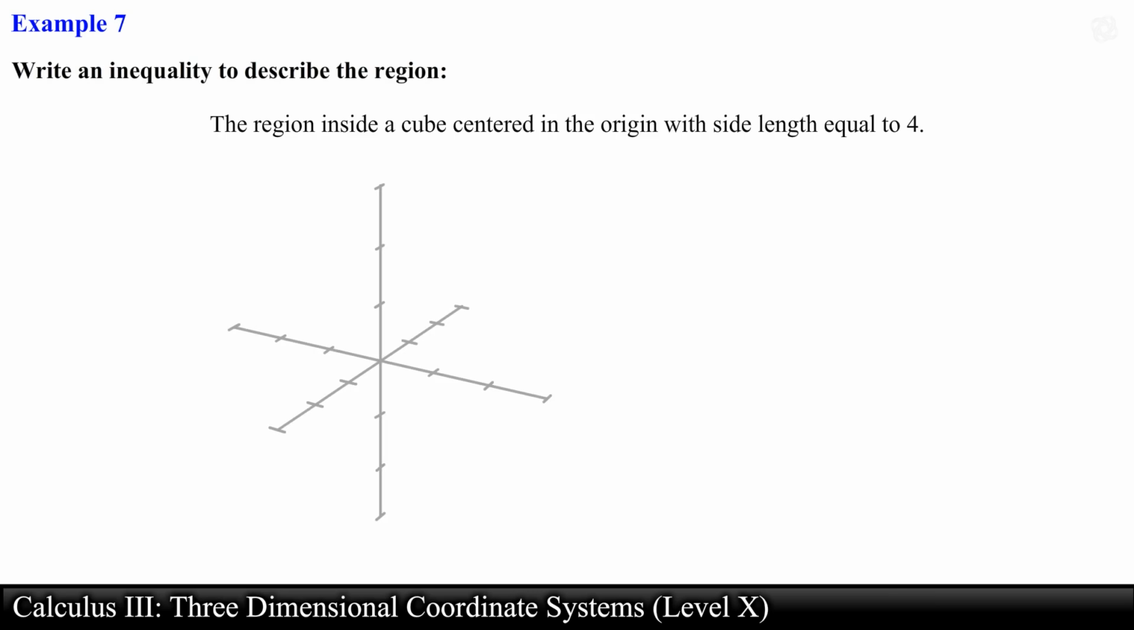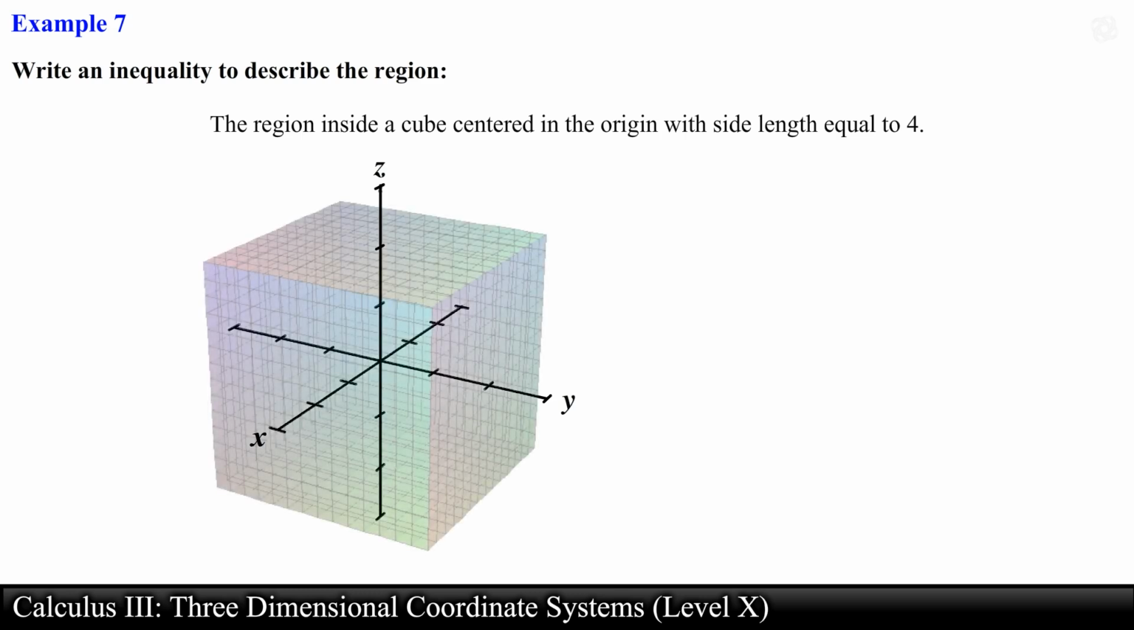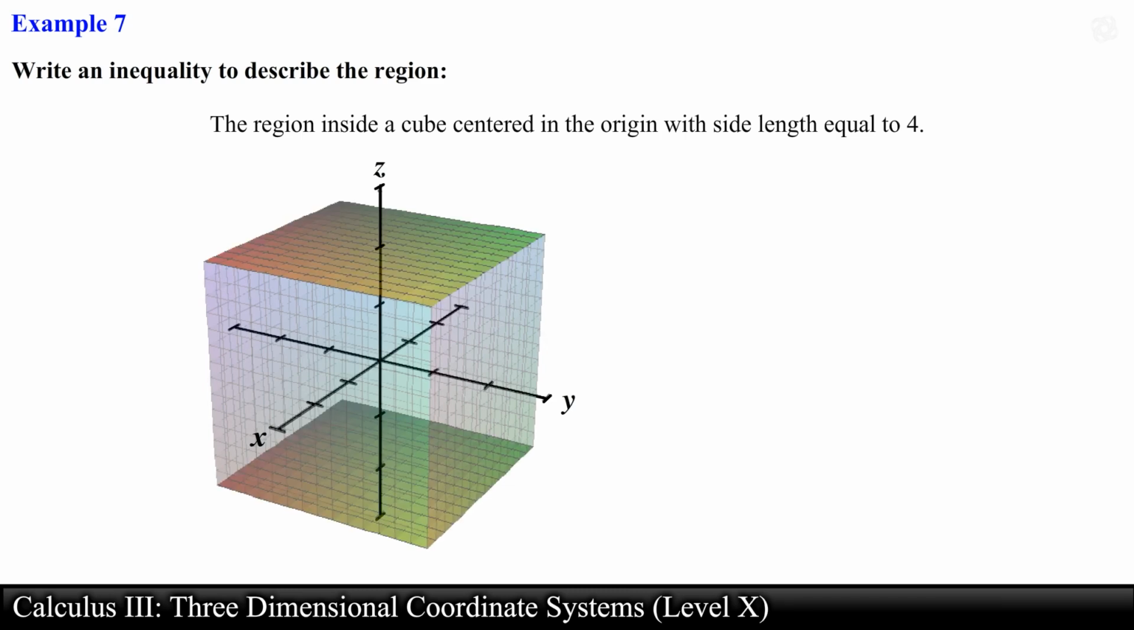Write an inequality to describe the region. The region inside a cube centered in the origin with side length equal to 4. In this problem, we are asked to come up with the inequalities that describe the given region. We basically want the set of all points that are located inside a cube of side length equal to 4. We can start by generating each of the faces of the cube, since each face represents a plane. The top and bottom face can be obtained by graphing the equation z equals 2 and z equals negative 2,